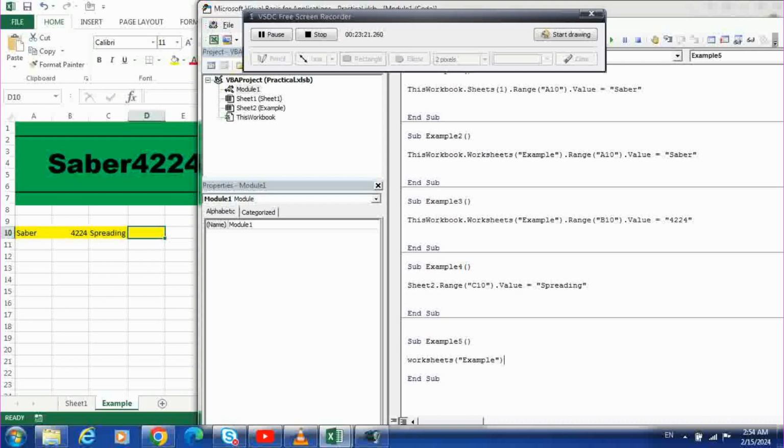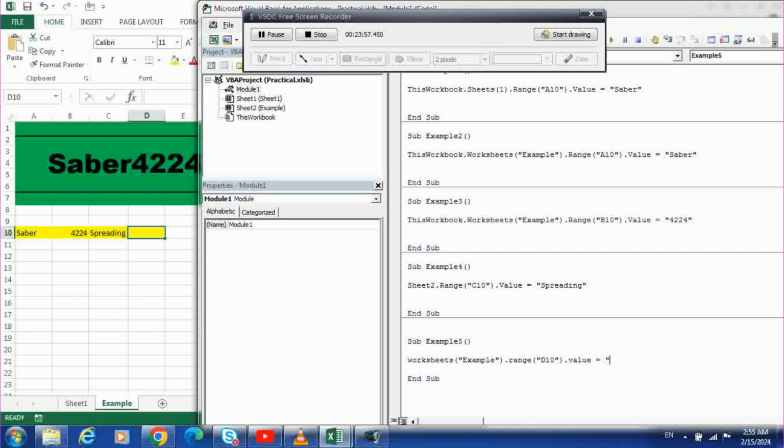Example dot Range in the bracket, double quoting, Range D10, right? Yes, D10 dot Value